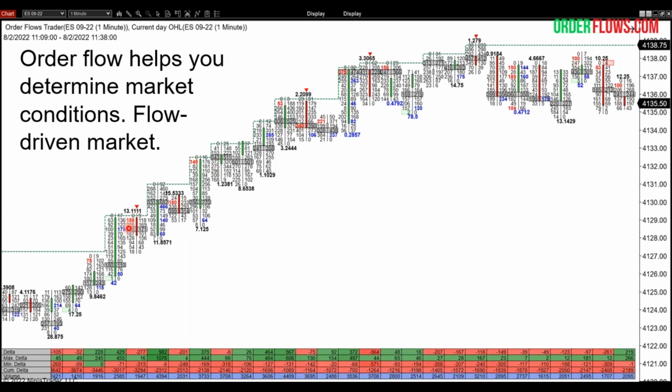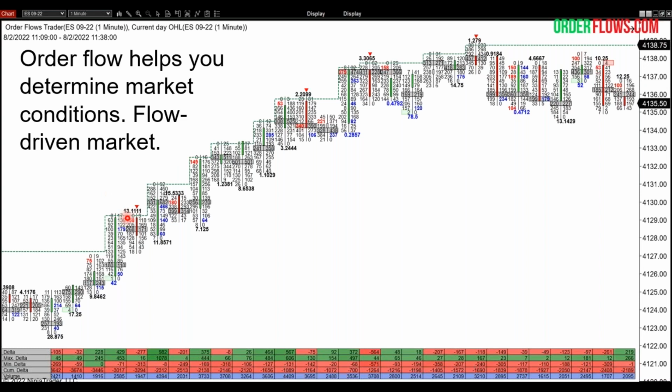Because a simple thing with order flow is a delta divergence, right? Delta divergence is when you're at a new high or new low and you have opposite delta. So you're at a new high, you should have positive delta. But if you're at a new high, you see negative delta, new high, negative delta, new high, negative delta, that's the first sign of a potential change. But if you start seeing these delta divergences get taken out relatively quickly, you know the market is under a full head of steam